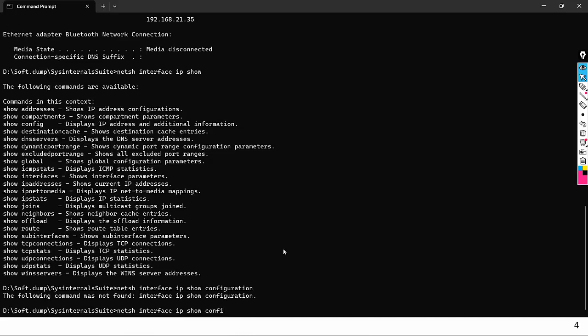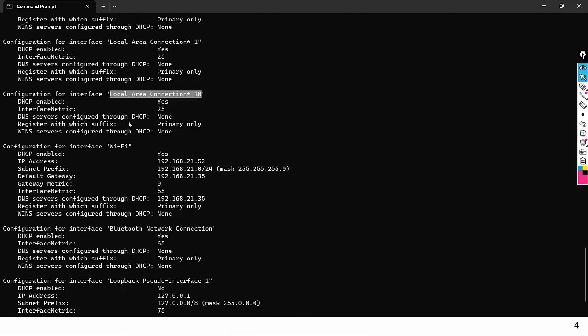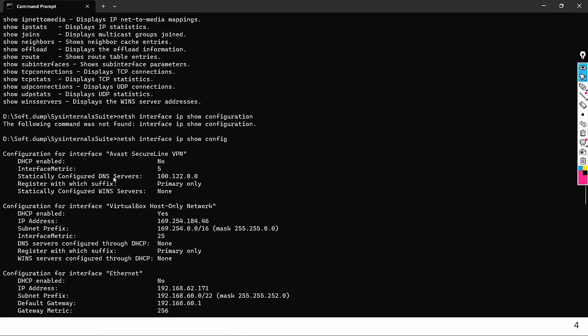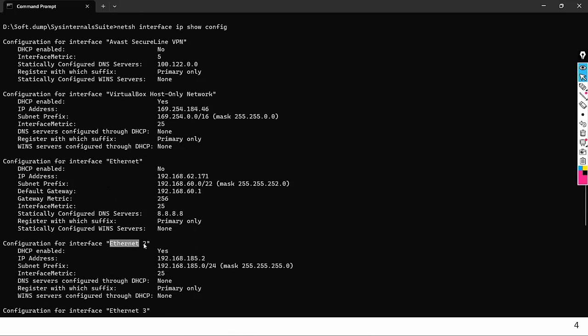Not configuration, config. So now you will see here, inside the double quotation, is written the name of the interface. I have multiple interfaces inside my machine, like this is the virtual host only, this is the Ethernet, and this is the Ethernet 2. So right now you can see here you will find the information: IP address, then